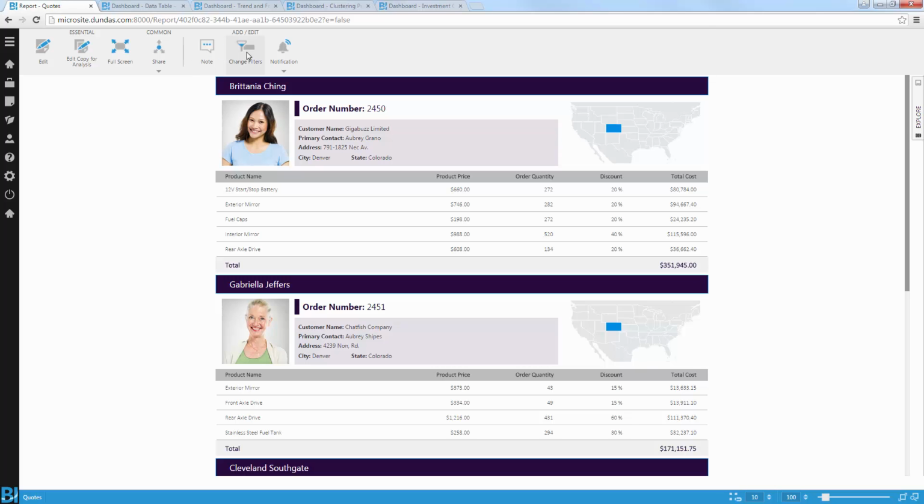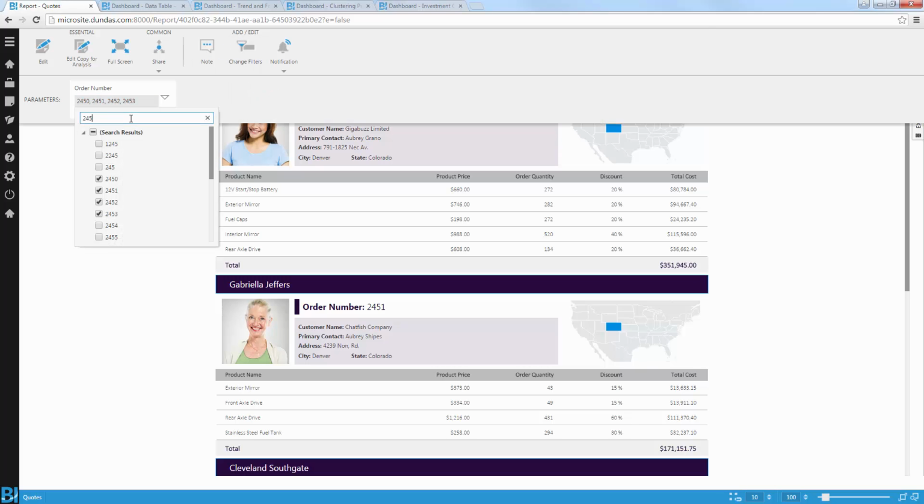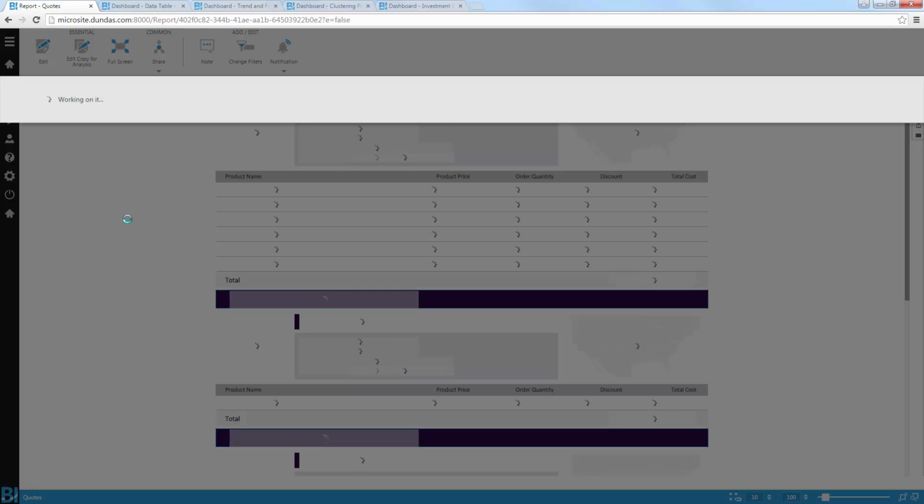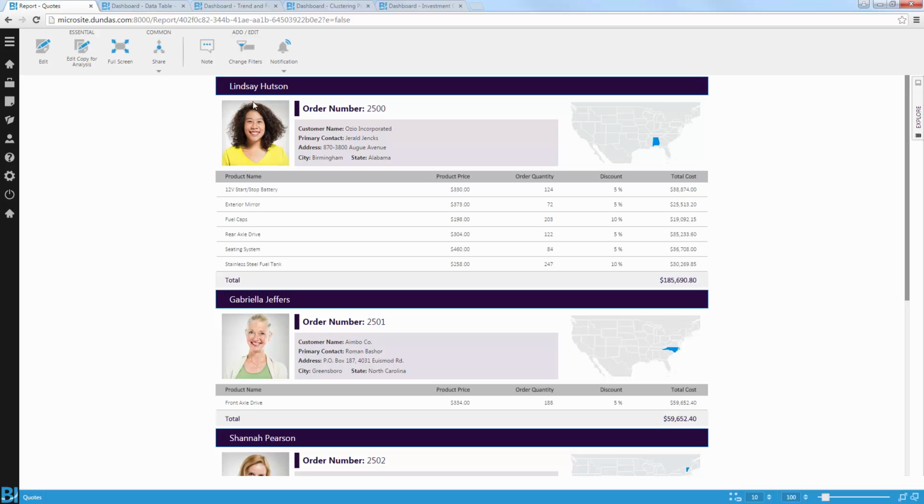As I go in and change the filter for this report and change the actual order numbers, you'll be able to see that once the data updated, once I apply my new selection, it will actually go in and retrieve new images for a different salesperson. So for example here, you can now see a new image attached to each one of those order numbers I've just retrieved with my new data retrieval.